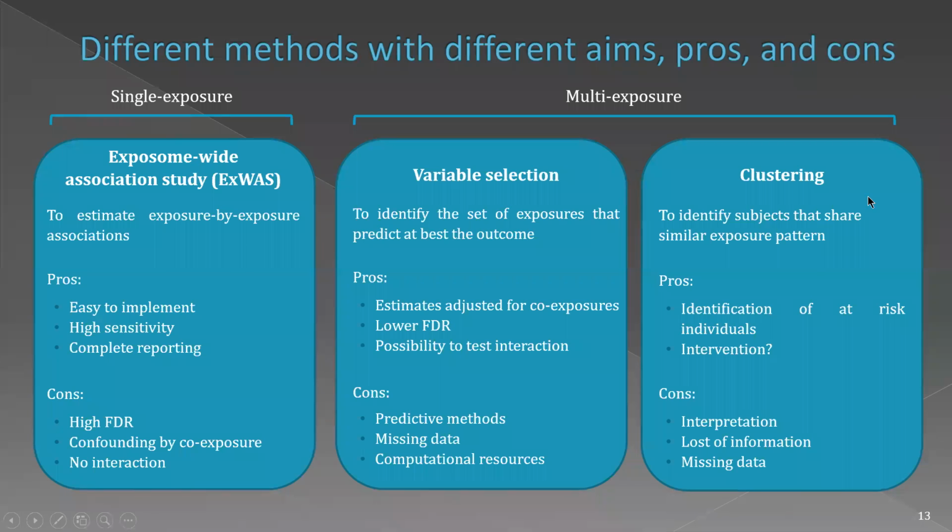And finally, for the clustering, this aims to identify subjects that share similar exposure patterns, and it allows us to identify some subpopulations that are at risk, for example. And the result of these techniques may have good